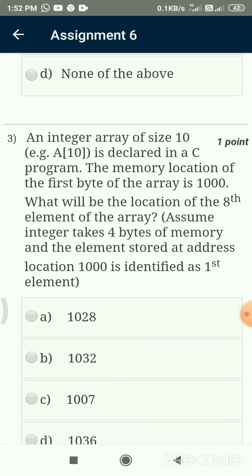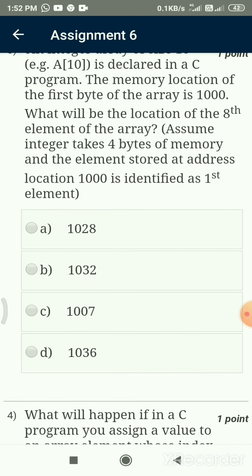So the 0th location address is 1000, the first location address is 1004, because it stores integer elements and each element occupies 4 bytes. So the 8th location address is 1032. So 1032 is the right answer, B.